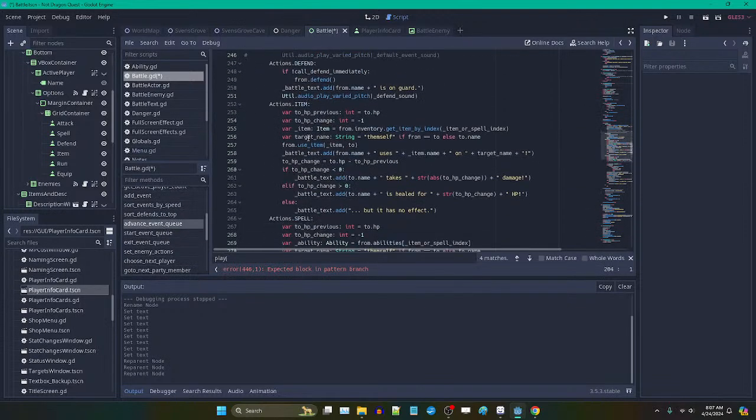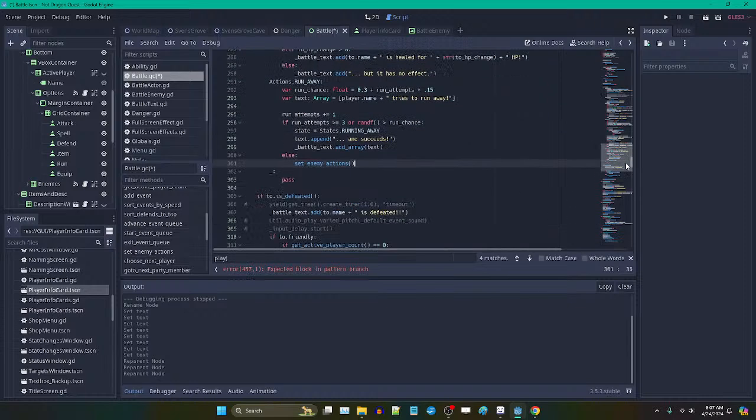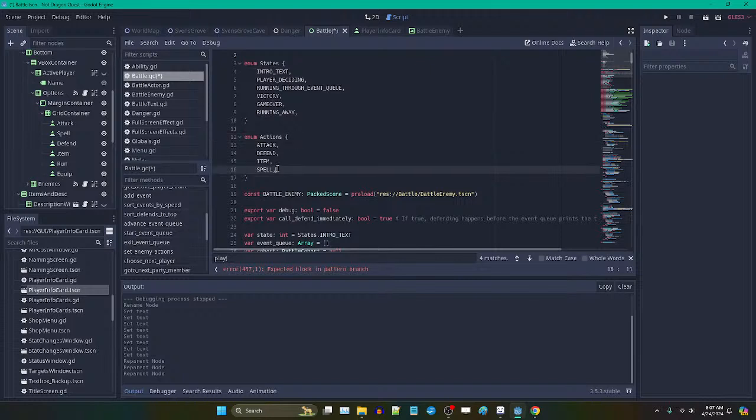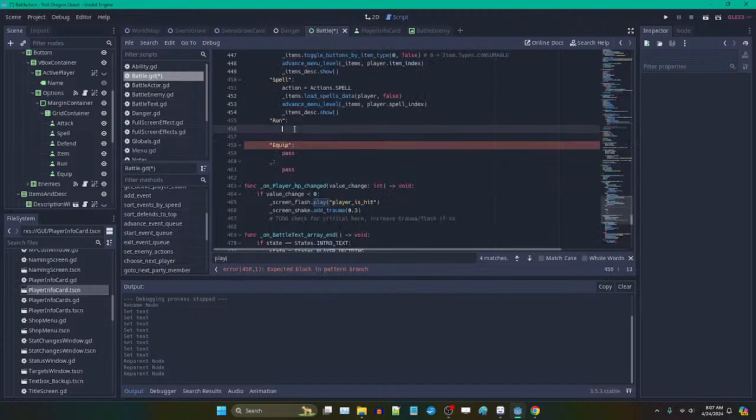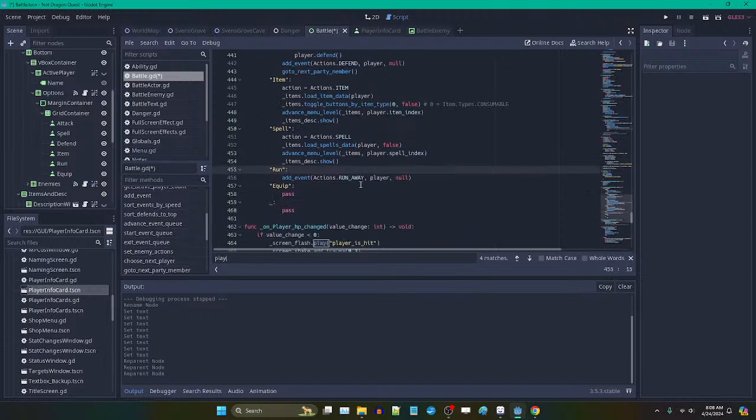Advance event queue, I mean. We also need to clear